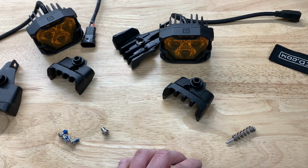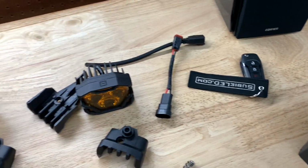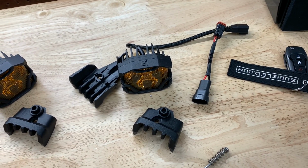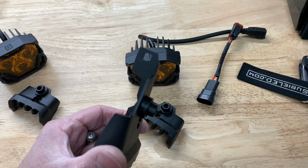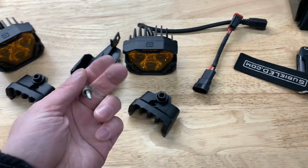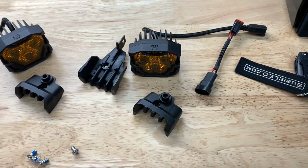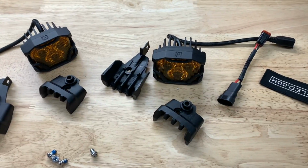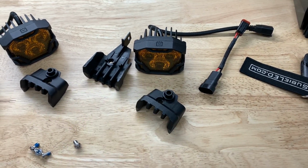So I'm just gonna tighten them up and then going to take the little pigtail harness here, plug everything in and pop them in, and we should be good to go. Oh, and also the adjustment screw as well. As you can see on the back of this bracket, it has a little receiver for it. So it's just gonna screw right into the same exact spot, and we're able to adjust to get to the right angle, the right cutoff and everything, so it's not blinding anybody. So let me go ahead, let's assemble these,